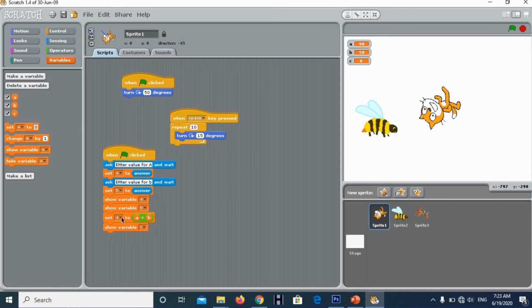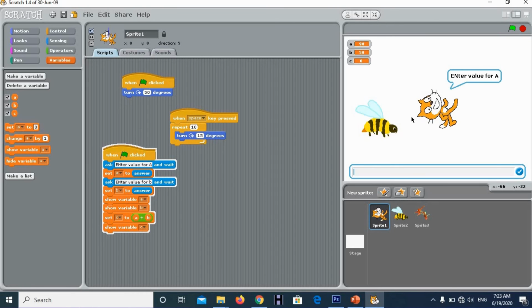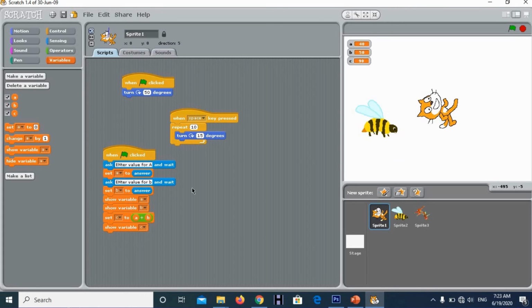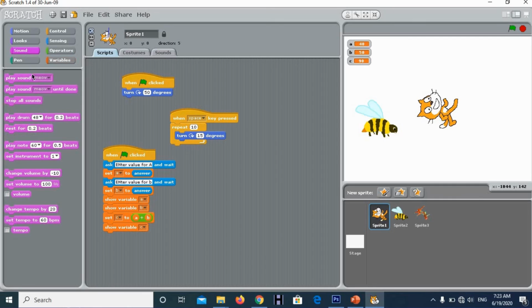So in this way you can create variables and other operations such as any set of arithmetic or relational operations, right? So in this way you can create some controls with the help of these set of controls. So alternatively, if you want to create certain sounds or if you want to play certain sounds for a certain period of time, you can do that, right?